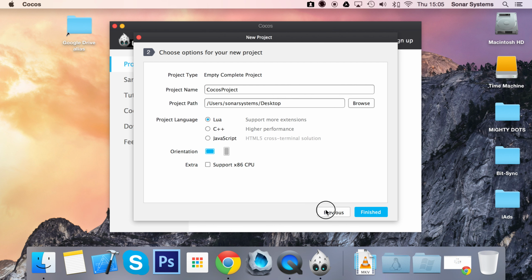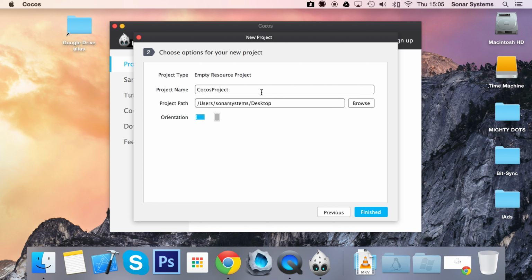But we're not going to be covering this. We're going to be covering a resource project, which just creates a Cocos Studio project because you can easily import it into your Cocos 2DX or Cocos 2D.js project. You just select your project name. I'm going to leave it as default, your path, and your orientation. Orientation at the moment doesn't really matter whether it's a complete project or a resource project, simply because you can easily change it. So click finished,